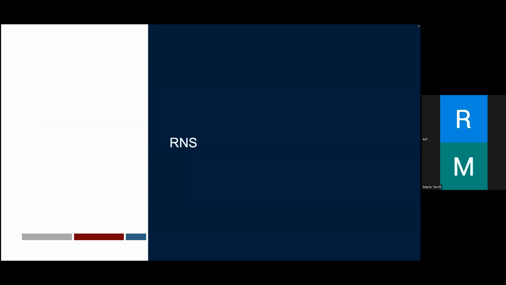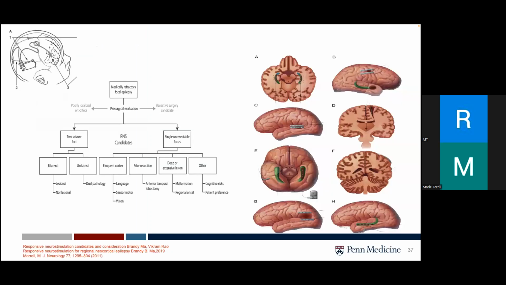RNS, moving on to this, it's the only closed loop brain stimulator approved in 2013 to treat medically refractory partial onset seizures. It's a cranially implanted device connected by a combination of 2 4-contact depth or strip electrodes. Patient selection for RNS has expanded beyond mesial temporal epilepsy. In clinical practice, it's sometimes now utilized in patients with more than 2 seizure foci. Additionally, the RNS system has shown promise in patients where you have unilateral seizures, but overlapping eloquent cortices, where there is a risk to language, motor, or memory functions.